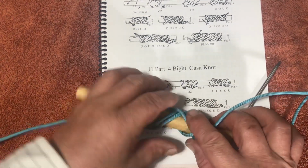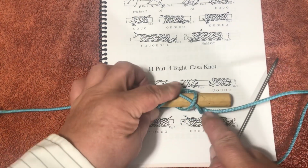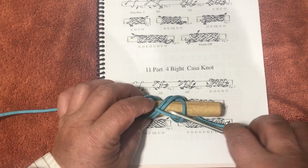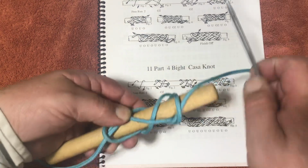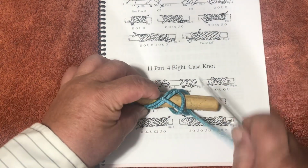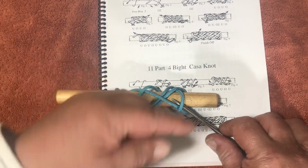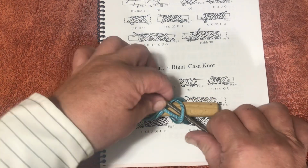Now, where we went under out of the knot, we're going to come back under right there, and now we're following the right side of the strand we were following. See, we were following here. We're following this strand. We crossed under it. Now we're going to cross under this outside bight and continue following this same string, but now we're on the right hand side. So we're under, over 2,